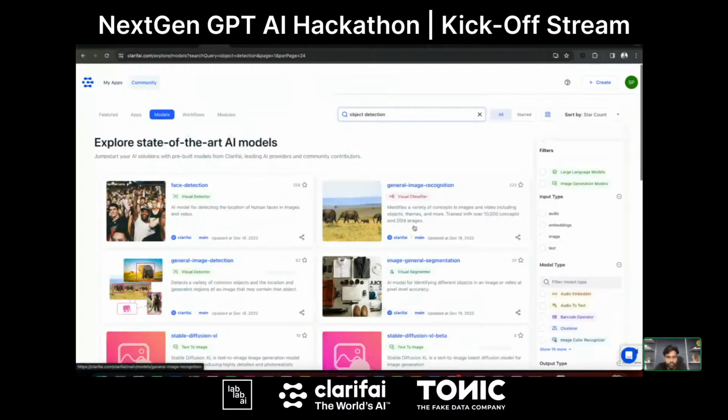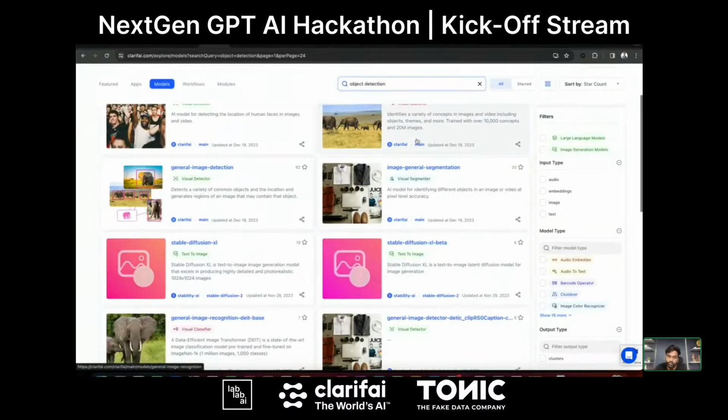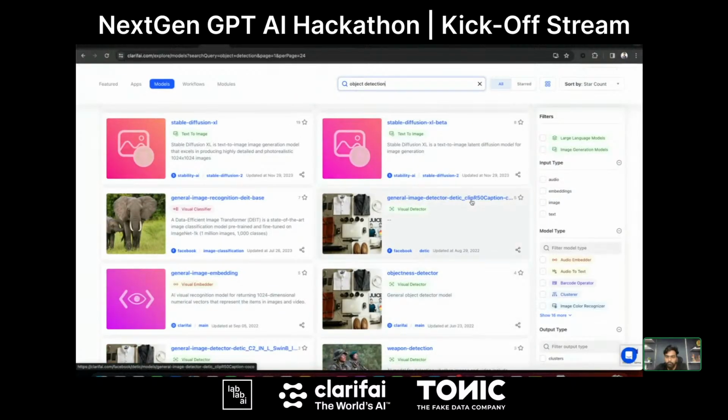As I just mentioned, you can see this general image recognition model. It will actually recognize the image as well. It's not just about drawing the bounding box or getting the coordinates for you. It also labels what that object is. So Sanwal has shown you how to use the general image recognition model. But for our use case, I'm going to use car brands that this general image recognition model doesn't know. That's why I'm using this object detector, which doesn't label anything, but just gives the bounding box of the object.